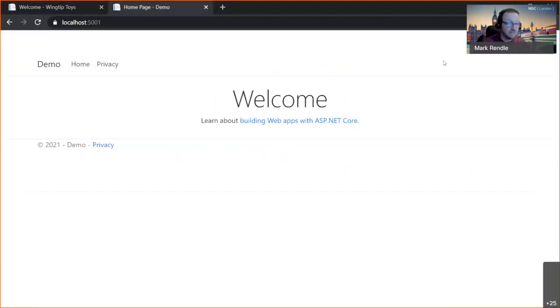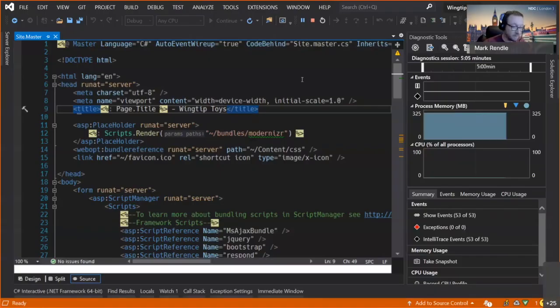Now, if I were doing this properly, in a real situation, I would probably go to the trouble of trying to create a new Bootstrap theme using Bootstrap 5 that matched the old Bootstrap theme. But this is quick and dirty, so I'm not going to do that. So I'm going to go into Wingtip Toys,